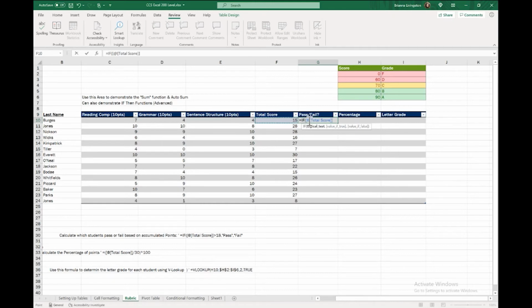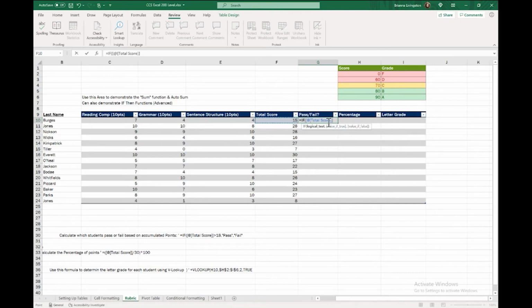Since we are calling total score, when you see that @ sign, we're calling anything that is in the total score column. That is going to calculate all of these at the same time, so we won't have to do this formula over and over. It's going to calculate all the way down the column anything that references total score.